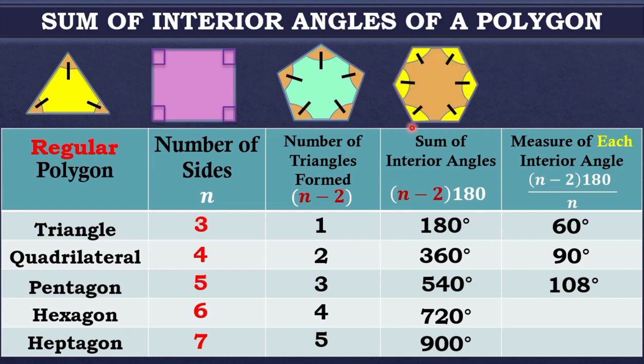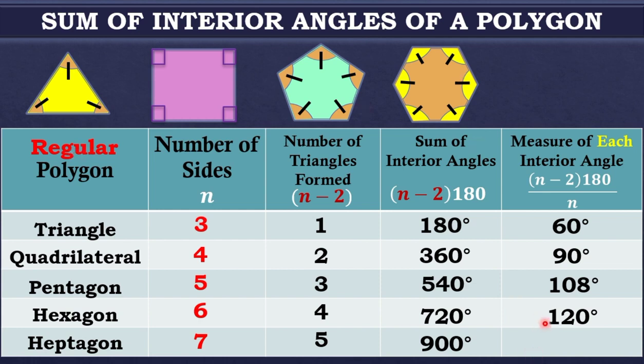For hexagon, we have 720 degrees. That is the sum of interior angles, yung nasa loob. Now, what is the measure of each interior angle? So, para makuha natin, i-divide natin si 720 degrees by 6, kasi 6 yung angles niyan para pantay-pantay. So, 720 divided by 6, that we have 120 degrees. So, ang bawat measure ng angles po na to ng hexagon, if it is a regular polygon,